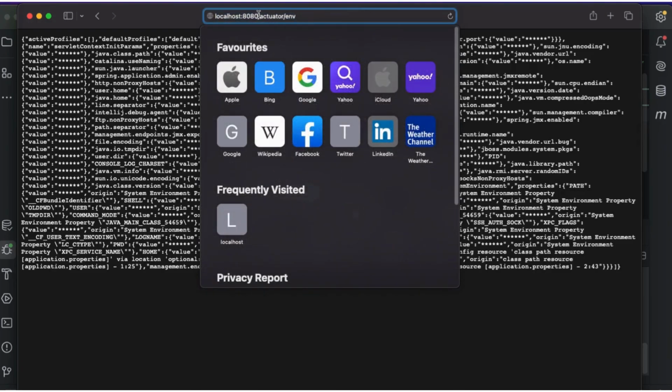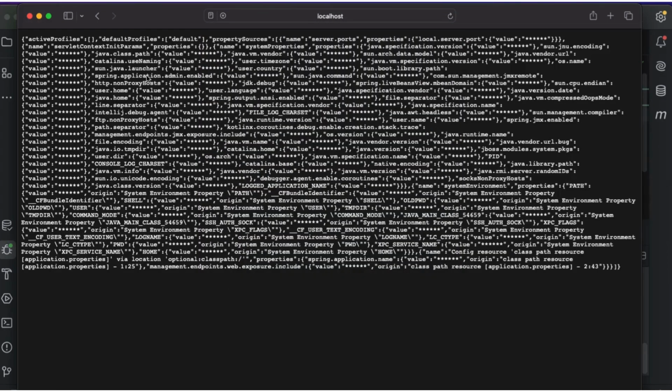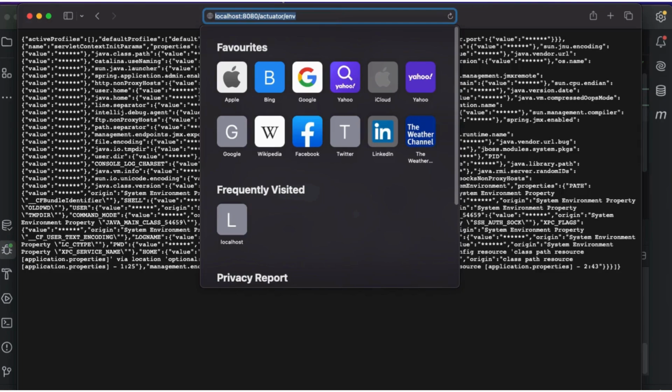So here you can see we have a URI pattern where this is our server, and it is running on port 8080, followed by the actuator. It is a base. So within this particular base we have the endpoints, the child endpoints. So this is the base of it. Okay. So now we will see how to add one more layer to this particular URL,